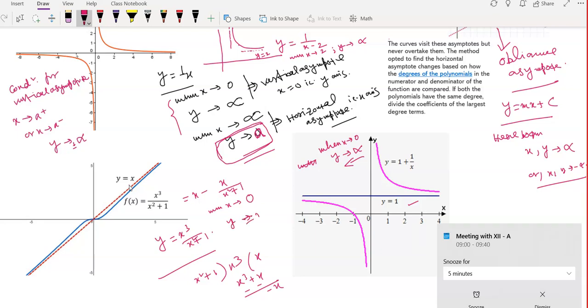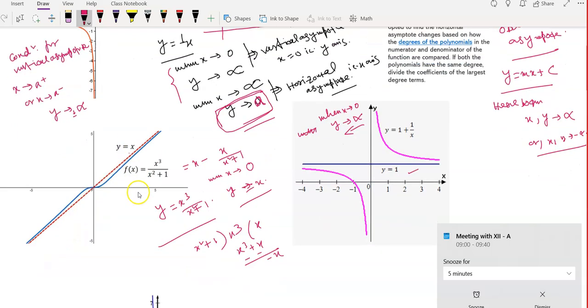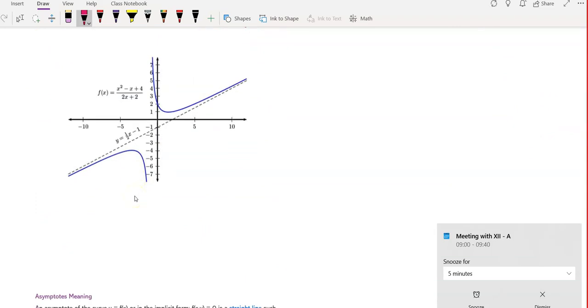Y is equal to what? X. So y equal to x will be considered as an asymptote over there. This oblique asymptote part I am coming to in detail, I'll tell you. For oblique asymptote, if the line y equal to mx plus c is an oblique asymptote,